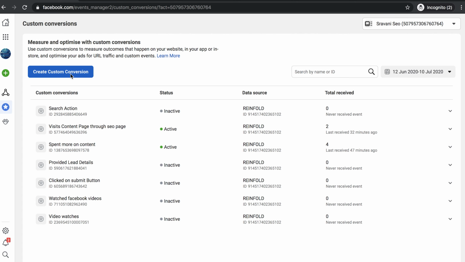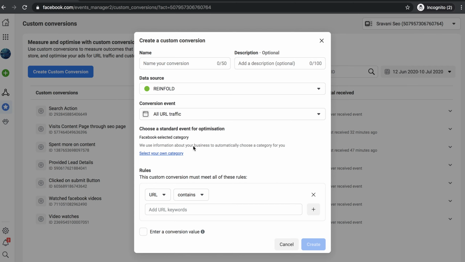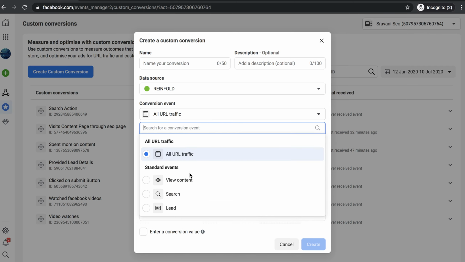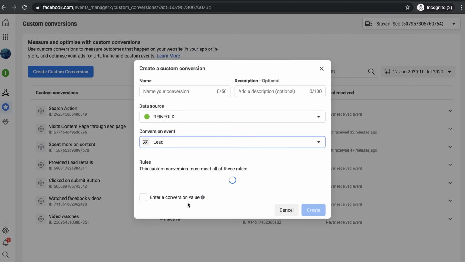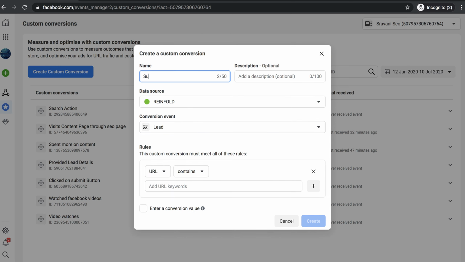And I'm going to create another custom conversion, with a particular standard event I have created, lead. Who has submitted details.